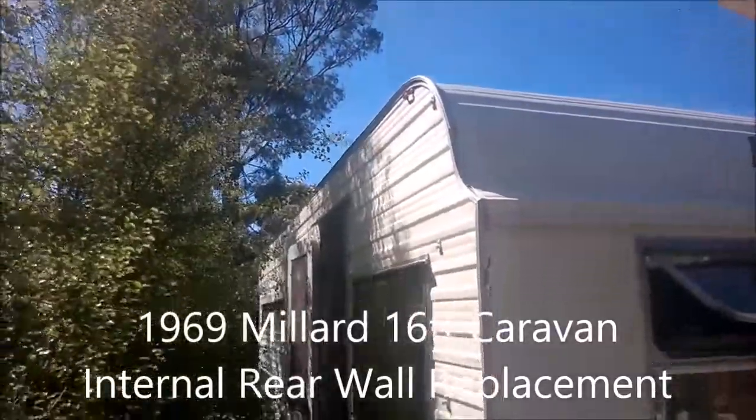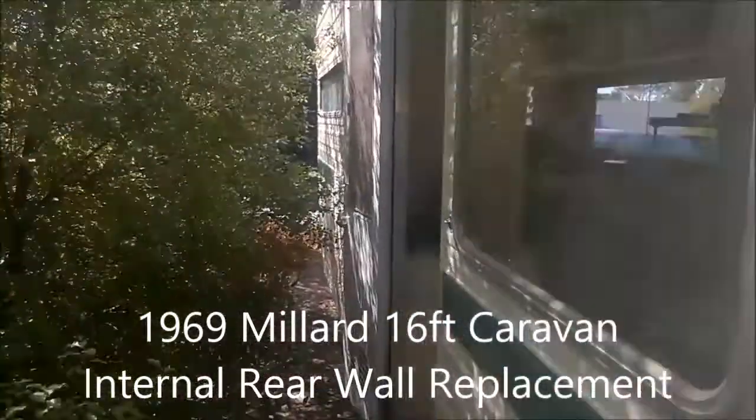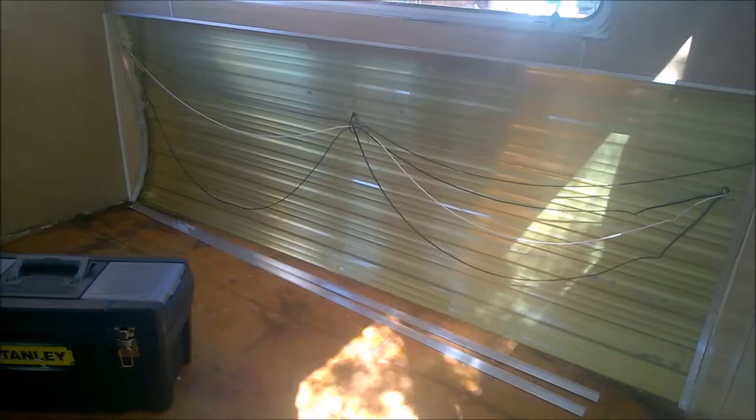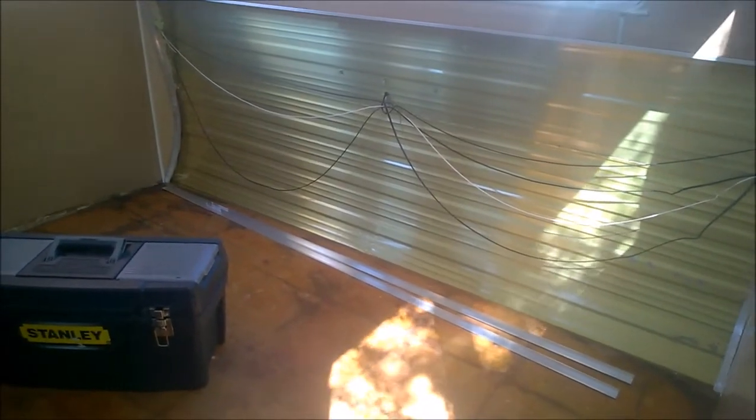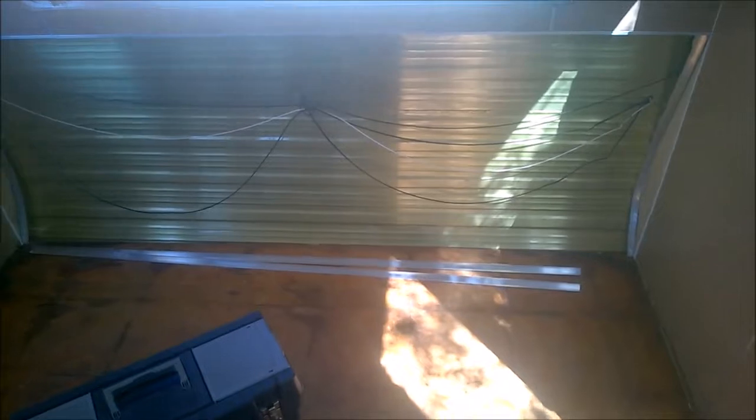Well, it's a beautiful sunny day, so it's great to be able to work on the Caravan a little bit. I've been doing a lot of work on the Disco, so I thought I'd better actually get stuck into the Caravan. What I'm planning on doing today is installing the rear panelling there that has been water damaged in the past, and I've remedied that by